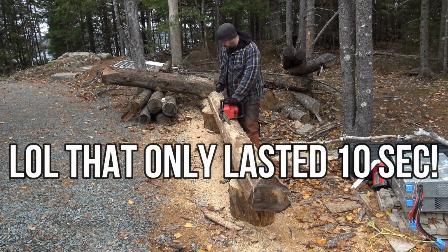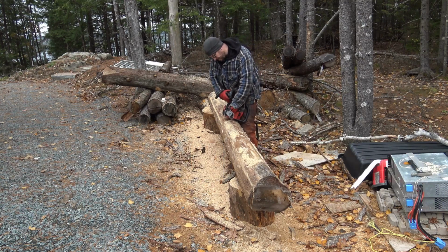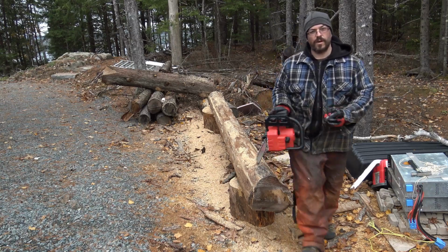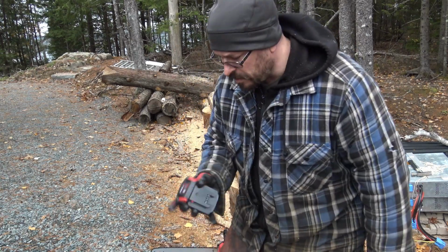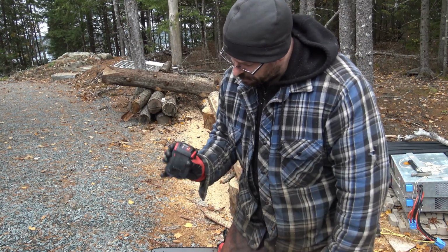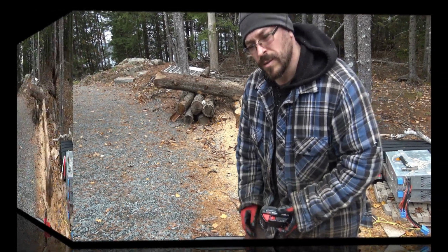Did not like that. Now that didn't last very long. Just goes to show how much power these things burn, right? This thing had 3 lights left, and it just kind of faulted. Couldn't take the current, so